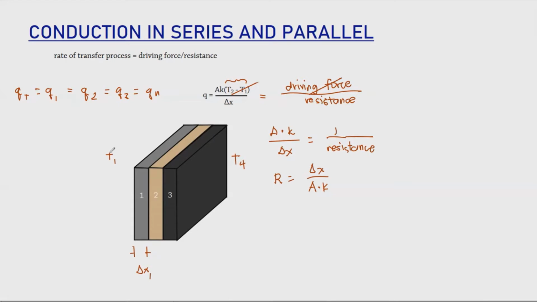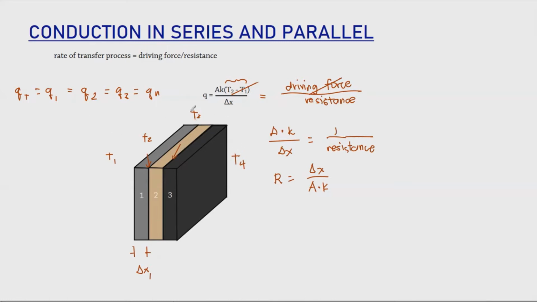The first one is T1, which is the inside temperature, and then at the interface of 1 and 2 we can have T2 right here, and then T3 at the interface of 2 and 3, and at the outside or the environment temperature would be